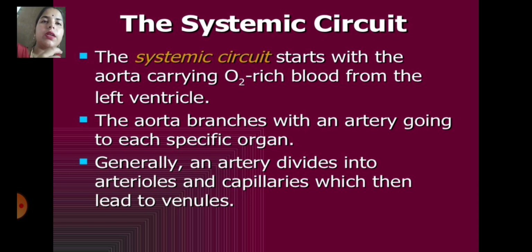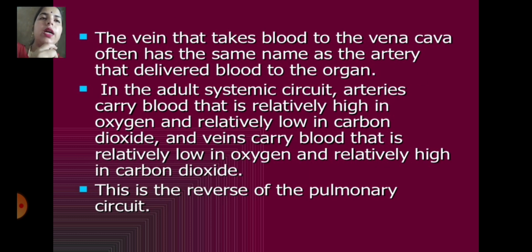The systemic circuit starts with the aorta carrying O2-rich blood from the left ventricle. The aorta branches with an artery going to each specific organ. Generally, an artery divides into arterioles and capillaries, which then lead to venules. The vein that takes blood to the vena cava often has the same name as the artery that delivered blood